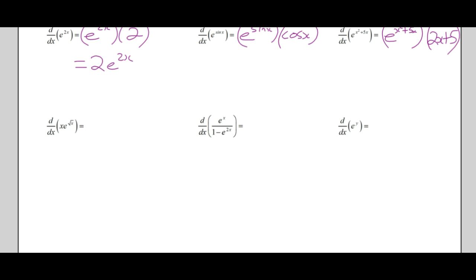So product rule is f of x times g of x is f of x times g prime of x. So I need the first function, which is x, times the derivative of the second function. Going to rewrite that here. Okay, so it's x times e to the root x times 1/2 x to the minus 1/2